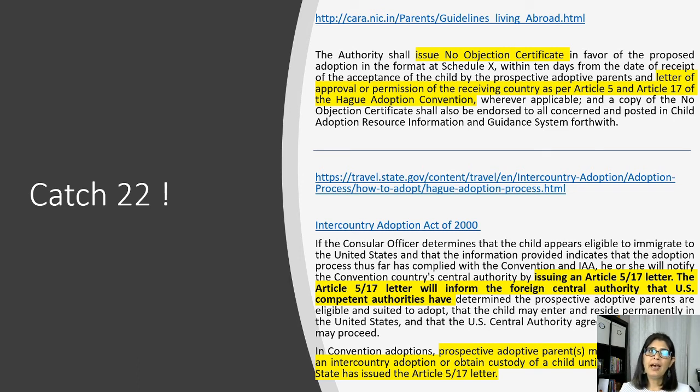So let's say the child is matched with you, you have a referral, you have to travel to India, and then CARA has to release the custody of the child to you. At this point, CARA requires a no objection certificate from the receiving country, and in this case, the receiving country is the US.